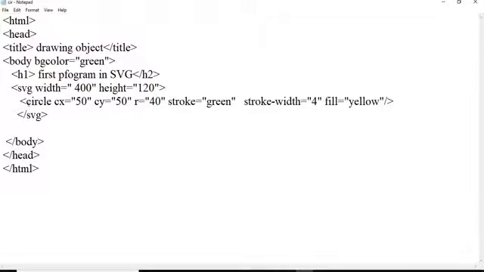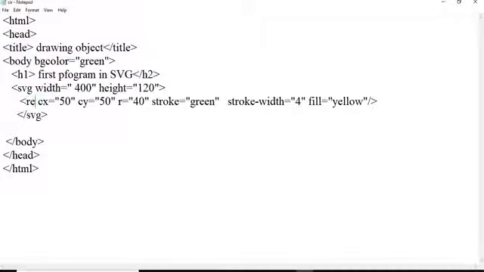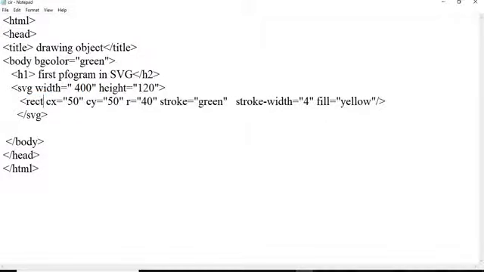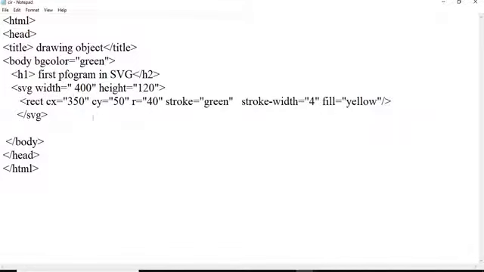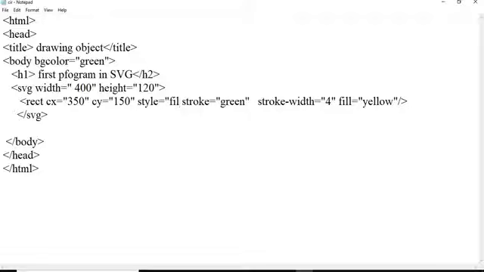Then here instead of a circle I am going to add the rect, means the rectangle. So the rect parameter is added, and for this I am going to have the parameters like 350, 150, and style. Here I am going to add the style because there is no need of radius here. I am going to add the fill color for the rectangle.